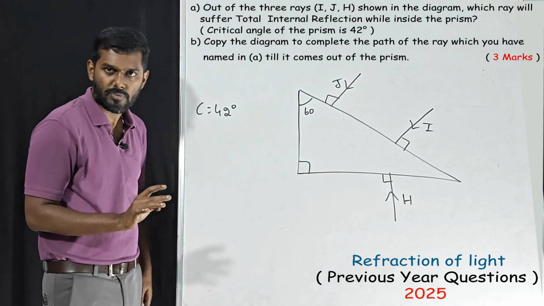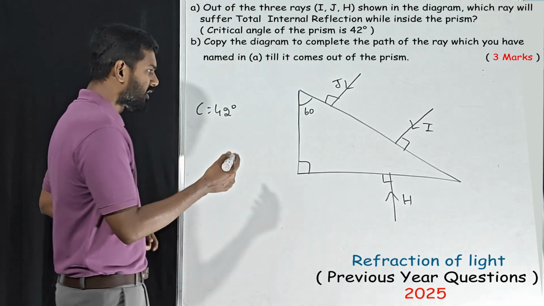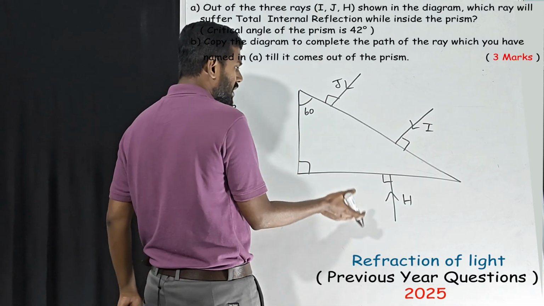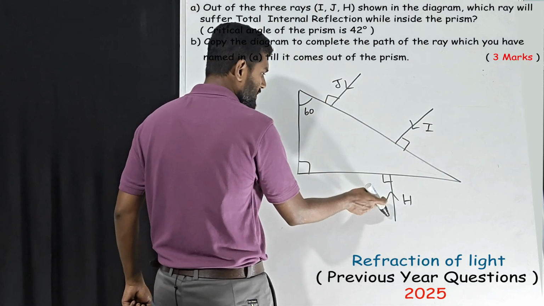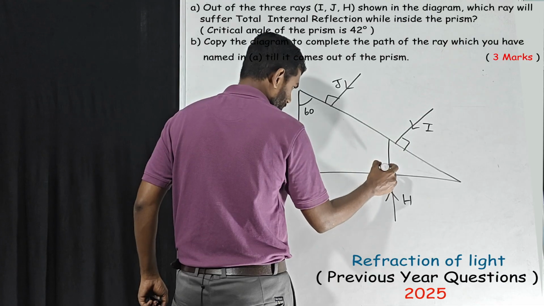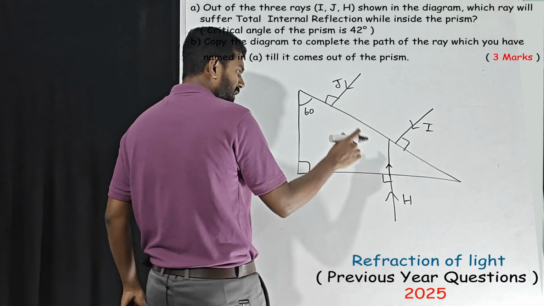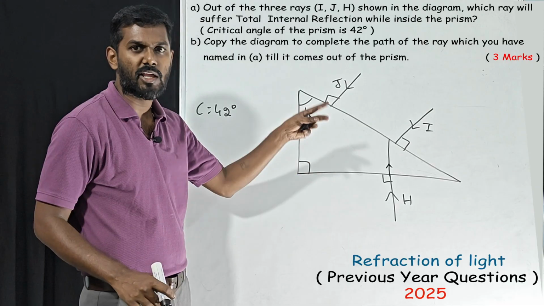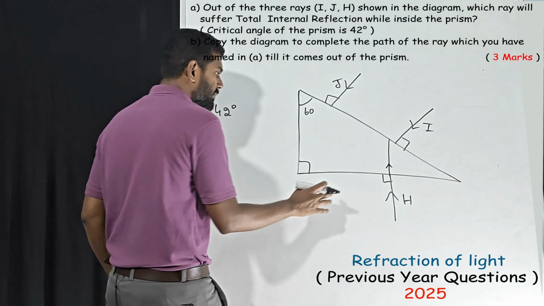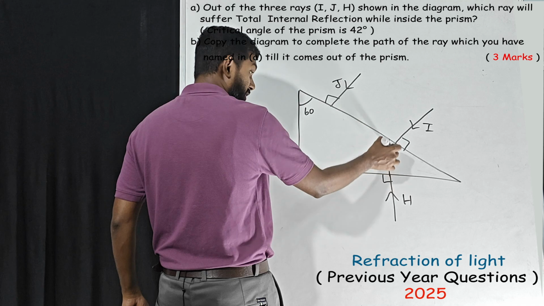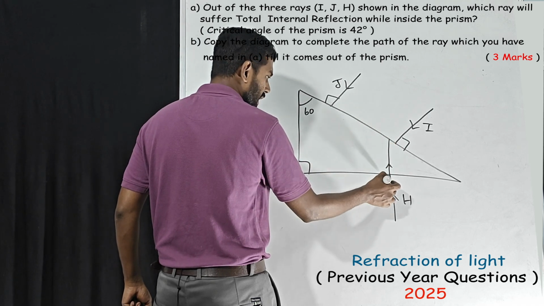We have to draw. First we'll go for H. I, J, H, right? We'll go from the first letter, that is H. Now it passes directly here. So we'll go one by one. After I finish one, I'll erase it so that there will be no confusion. Now listen, H has passed without deviation because the angle of incidence is